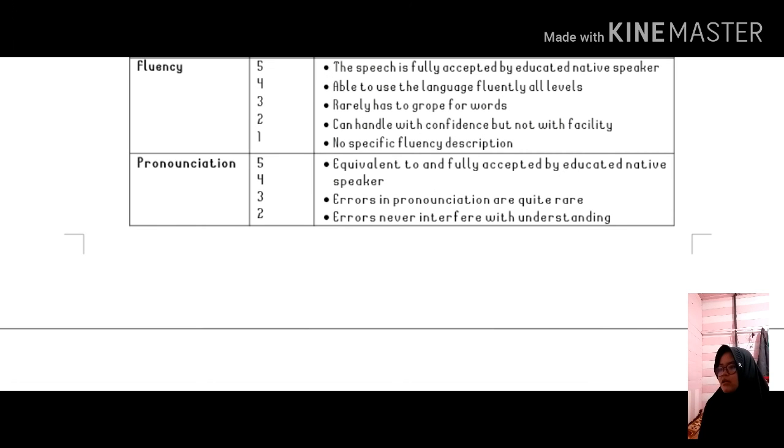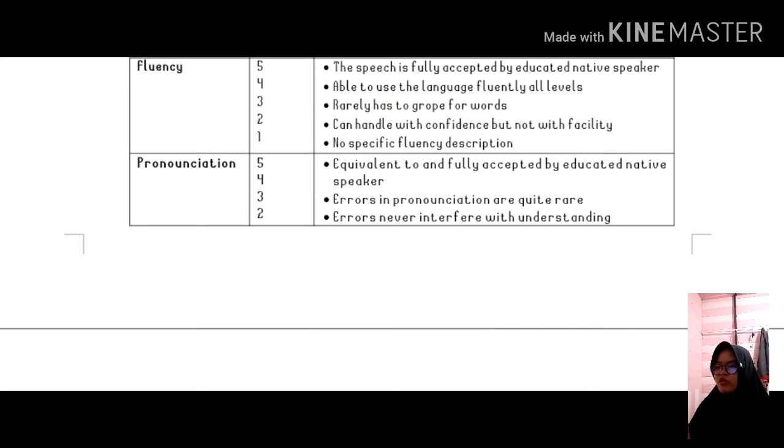And then for the fluency, the speech is fully accepted by an educated native speaker, able to use the language fluently on all levels, rarely has to grope for words, can handle with confidence, no specific phrase description. And for the pronunciation, equivalent to and fully accepted by an educated native speaker.